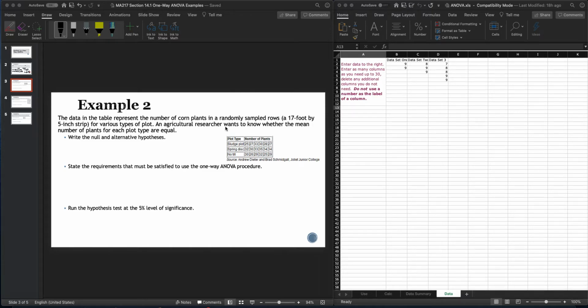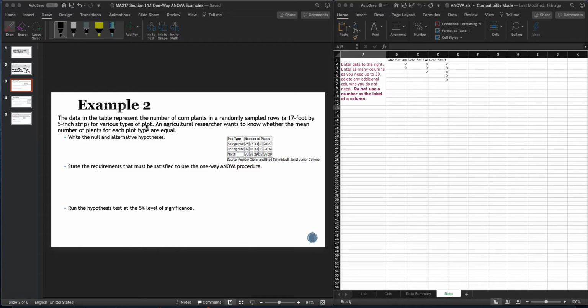The data in this table represents the number of corn plants in a randomly sampled row, a 17-foot by 5-inch strip for various types of plots. An agricultural researcher wants to know whether the mean number of plants for each plot type are equal. Okay, so for this,